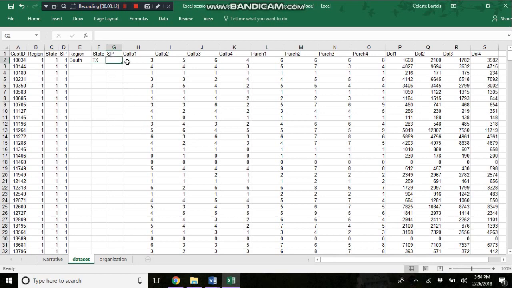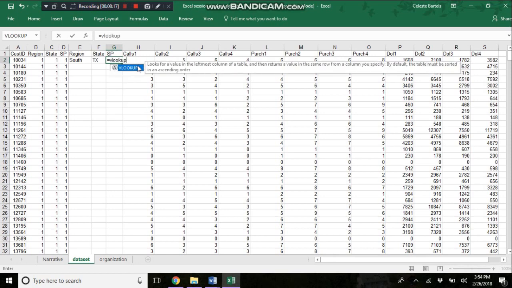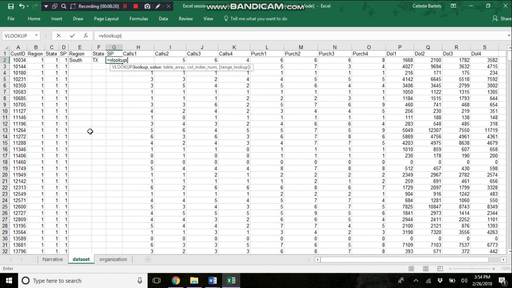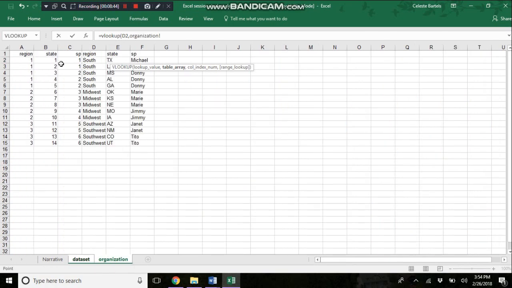Okay, the other way that you can use the VLOOKUP function as you get a little bit more familiar with it is to type it in yourself and hit an open parenthesis, and then it still gives you the information that you need, the order that the information should be input as, but it's just a little bit faster if you're familiar with how this function works. So our lookup value in this situation is going to be SP. I'm going to hit a comma. You can see now it moves over in bold to table array for me, so it's asking me where I want my information to come from, so I go and select this, hit my comma,